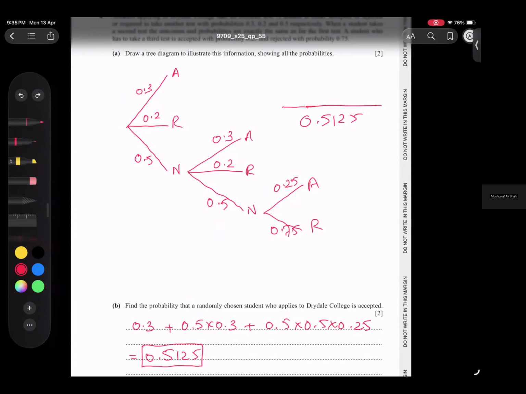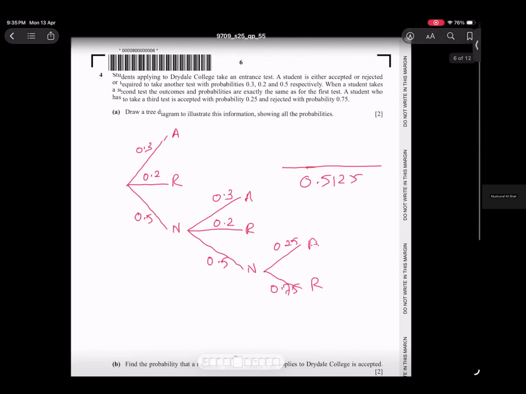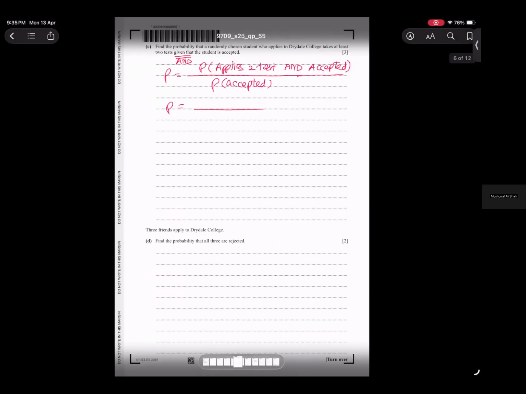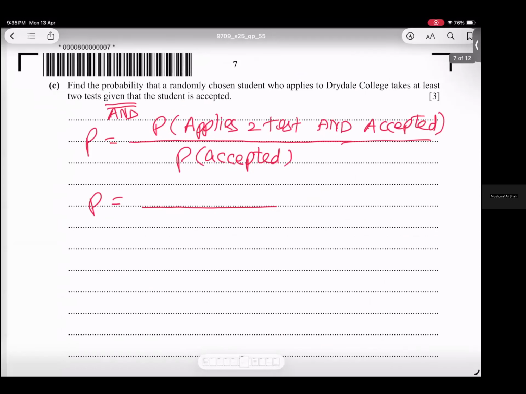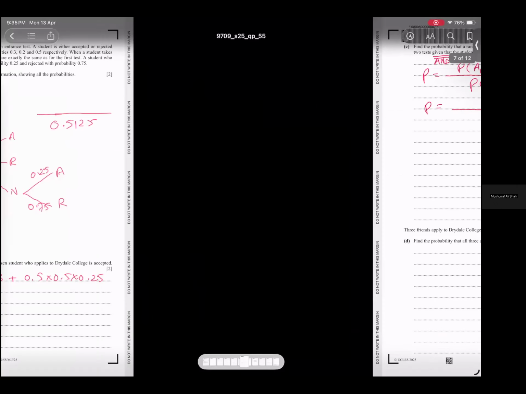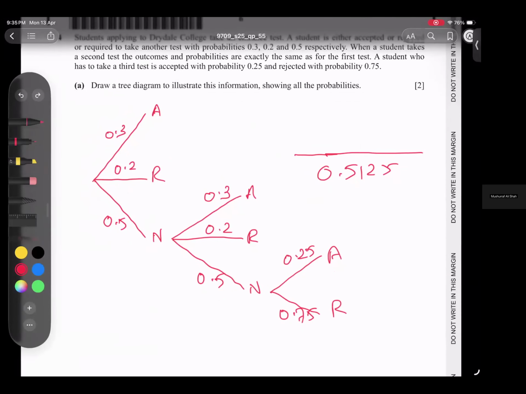Now he said at least 2 tries. Let me check what he said. At least 2 tests means 2 and more. So it means he is trying 2 and more, not 1 test accepted, not at all. So I can write in the numerator this branch, so 0.5